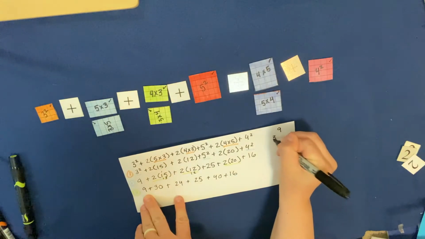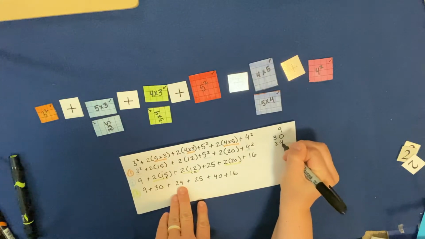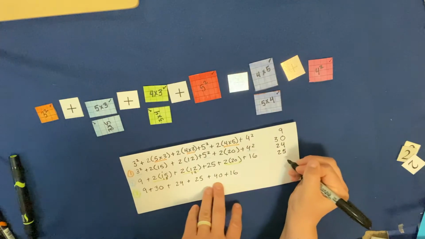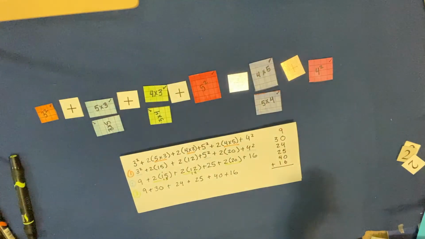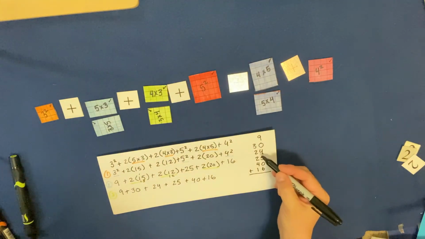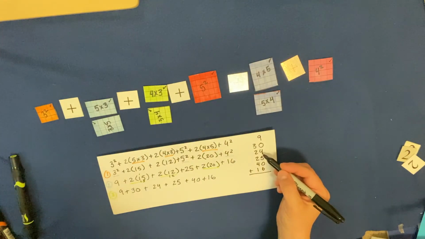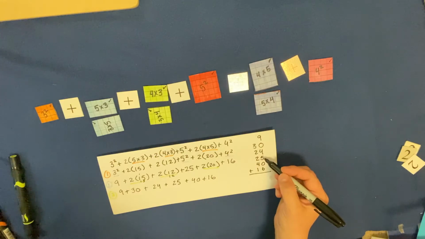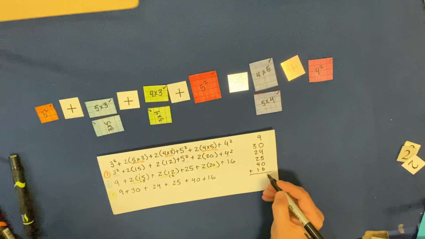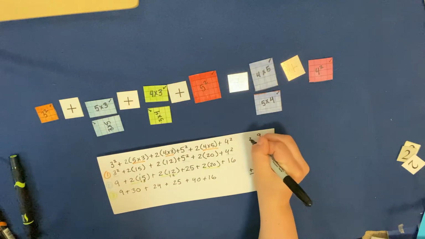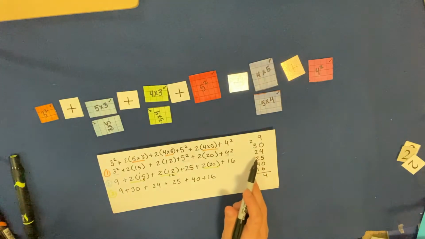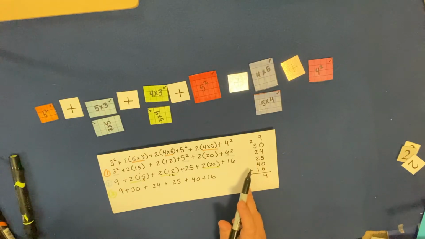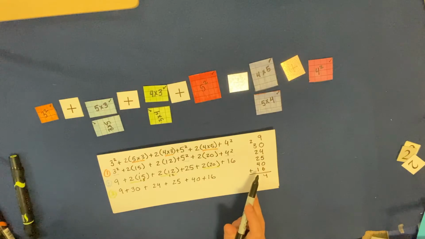So 9 plus 30 plus 24 plus 25 plus 40 plus 16. All right, here we go. 9 plus 4 is 13. 13 plus 5 is 18. 18 plus 6 is 24. 2 plus 3 is 5. 5 plus 2 is 7. 7 plus 2 is 9. 9 plus 4 is 13. 13 plus 1